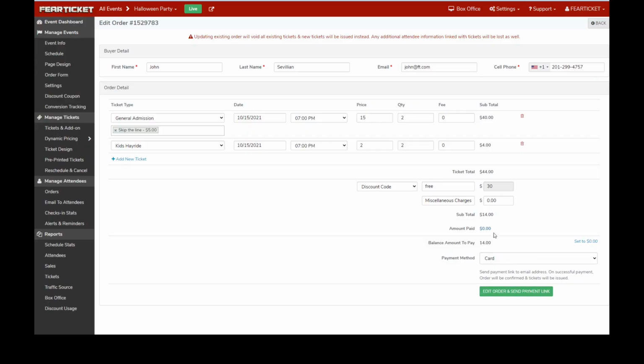And here you can see that the existing order amount was 0 because we purchased these tickets or placed the order with a $0 amount coupon code. So after making this change, there is $14 which is due. There are a couple of options here so that you can complete the payment. One is payment method card. It means if you click on edit order and send the payment link,